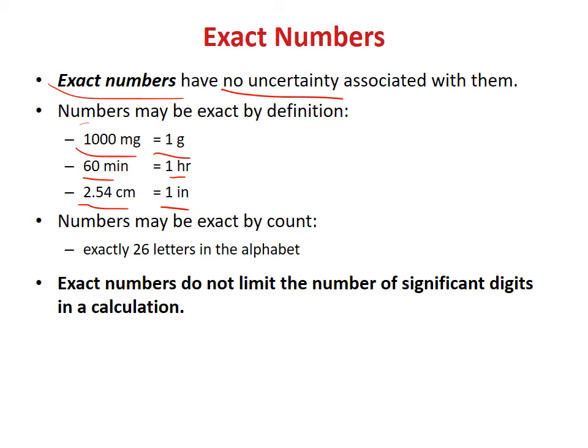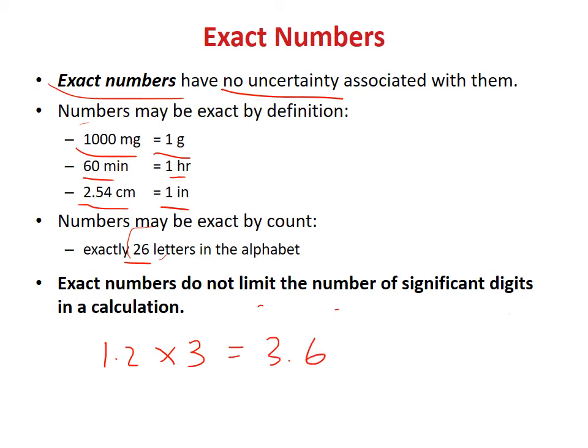Okay, they are not significant figures. And the other one is counting numbers. For example, there are 20 letters in the alphabet, and these are counting numbers. They are not significant figures. Okay, no uncertainty. So there's an important property for exact numbers, and that is they do not limit the number of significant digits in a calculation. For example, when we perform multiplication, for example, 1.2 times 3, that gives you